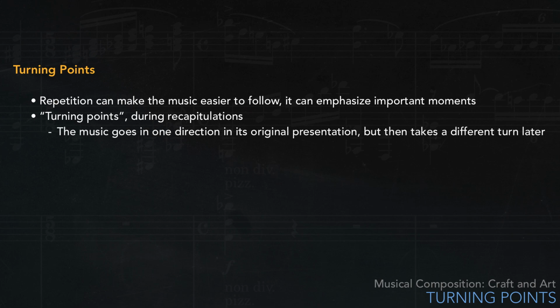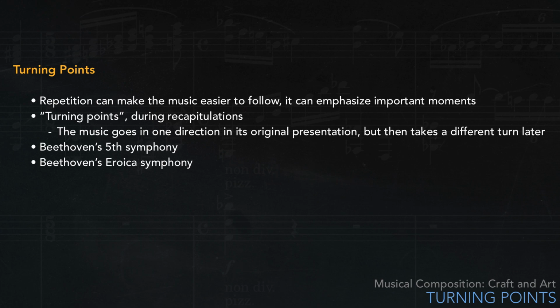the music goes in one direction in its original presentation, but then takes a different turn later when the same material comes back. I've already mentioned this in Beethoven's Fifth Symphony, where the strange fermata on G in the violins in the opening of the exposition prepares the way for the wonderful oboe solo in the recapitulation, greatly expanding the music's emotional range. Here I want to look first at some turning points in Beethoven's Eroica Symphony, and then in